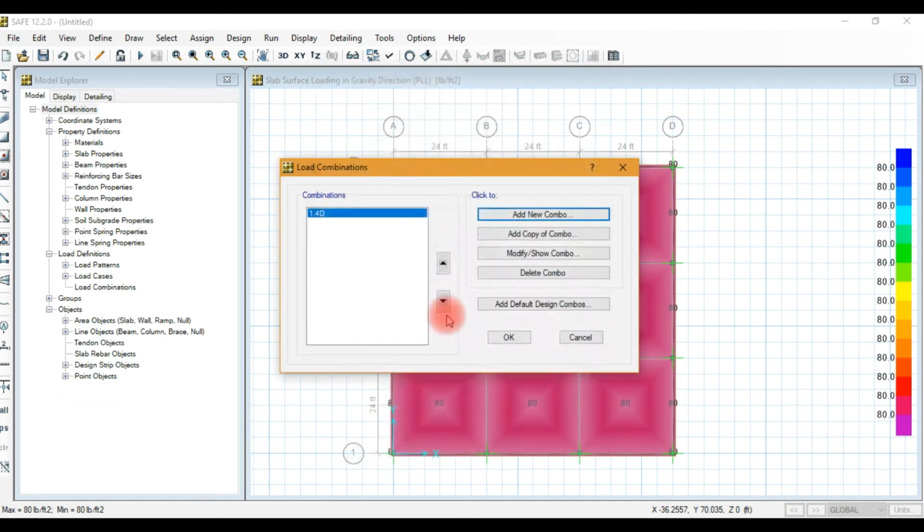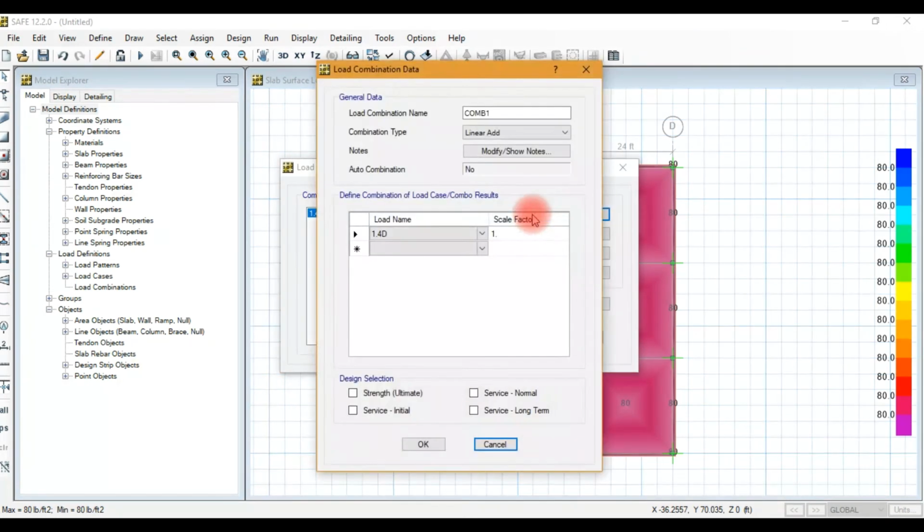Stamp design ultimate, and then 1.2 dead, 1.6 simple live load.